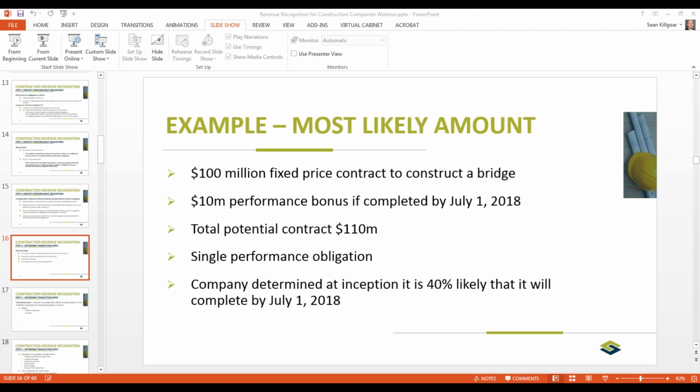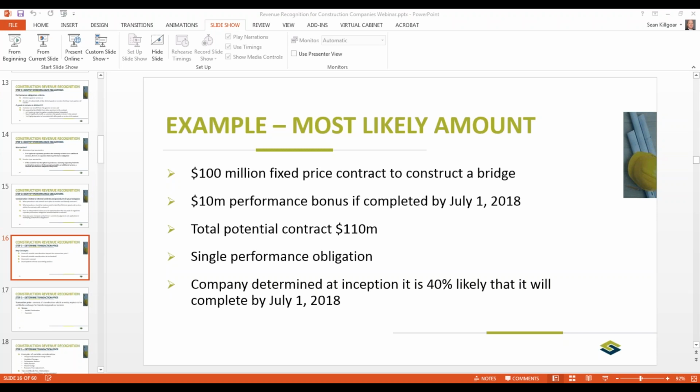So here's a very high level example of the most likely amount. We'll walk through it real quick. So if you have a $100 million contract to construct a bridge, there's a $10 million performance bonus if it's completed by July 1st. So you have a potential contract or transaction price of $110 million. It's a single performance obligation, so we're not splitting it out with multiple obligations. At the inception of the contract, and this is where we talk about you need to document, if you have your auditors come in, they're going to want to see how you determine your contract value